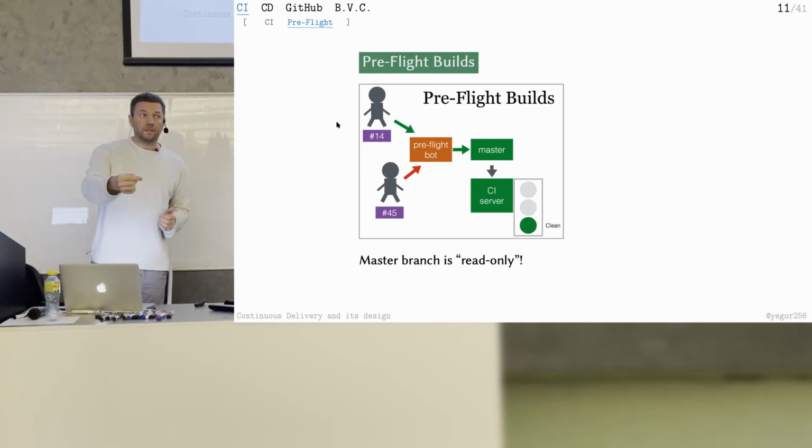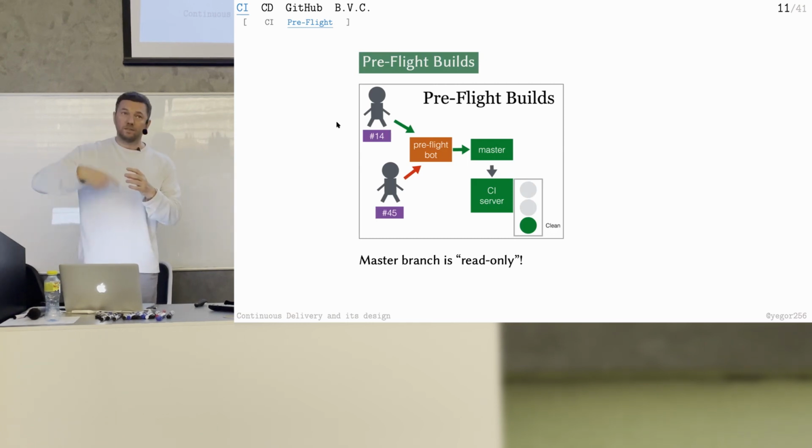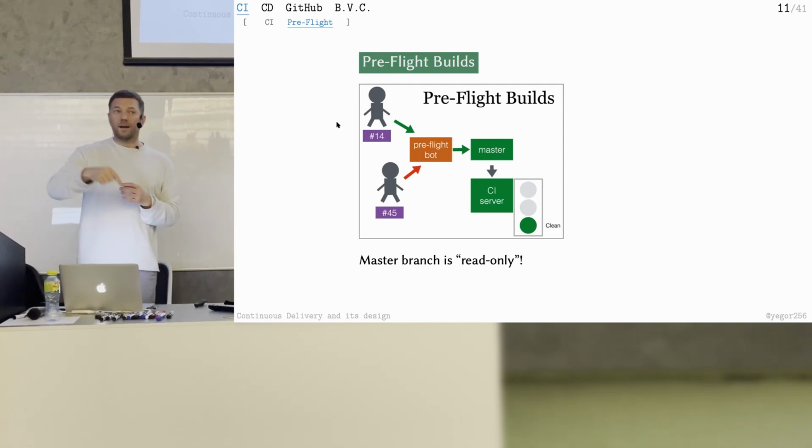The robot takes my branch, merges it into master, and runs the build before pushing. Only if it's clean, it pushes to master. So the robot protects the master branch and guarantees to all other programmers that only good code will go to the master branch. Then continuous integration will pick it up and run on the master branch, but it's going to be green always.